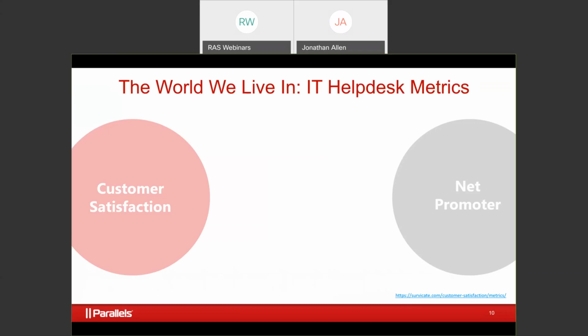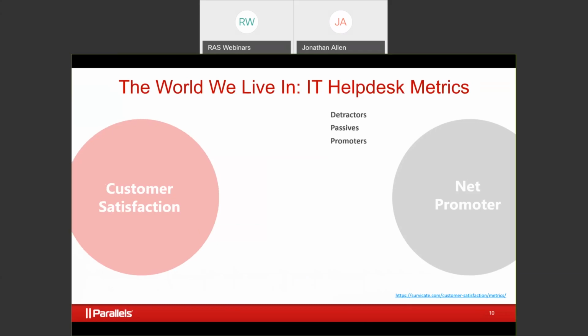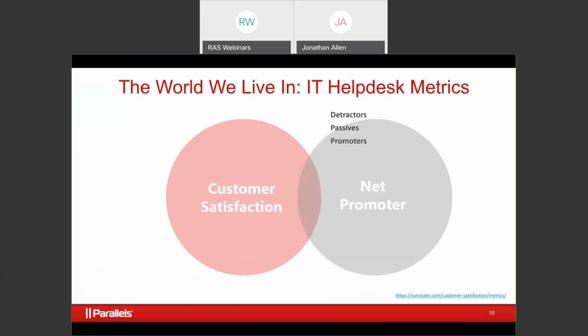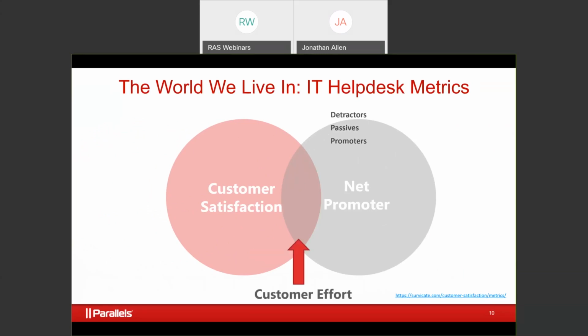Are people so bogged down with our IT processes that they're creating shadow IT setups where they bypass network security or network access in order to get things done? Is there anybody promoting what IT is doing? And when you merge these two together, there's a new thing that has come out in the last couple of years in IT. It's called customer effort. And what customer effort means, without the big math equation, is: does the IT department make it easier for you to do your job?